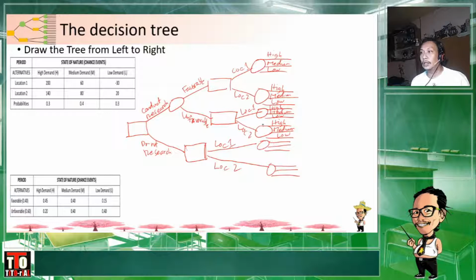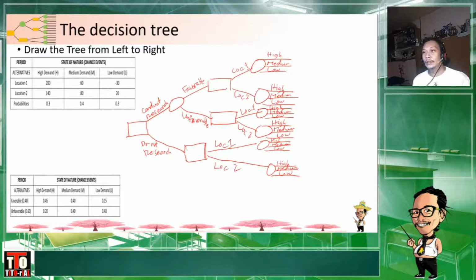Okay? So again guys, pag sinasabi natin na itong state of the nature nodes, what are the possibilities doon sa decision na kailangan natin gawin. Okay? So katulad dito sa hulihan, ganoon pa rin naman yung possibilities niya. So meron tayong high, medium, and low demand. Okay? So, ayan. Nabuo na natin yung ating decision tree or decision tree ni Liza.